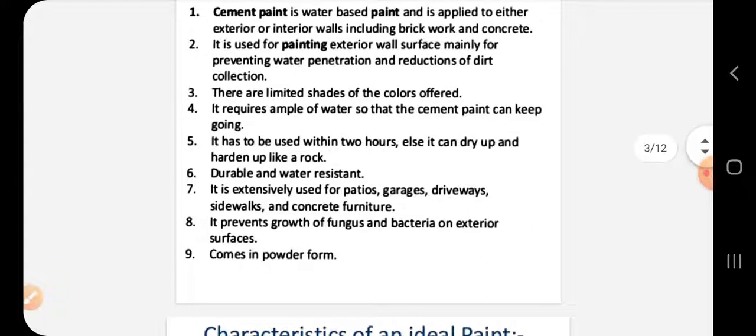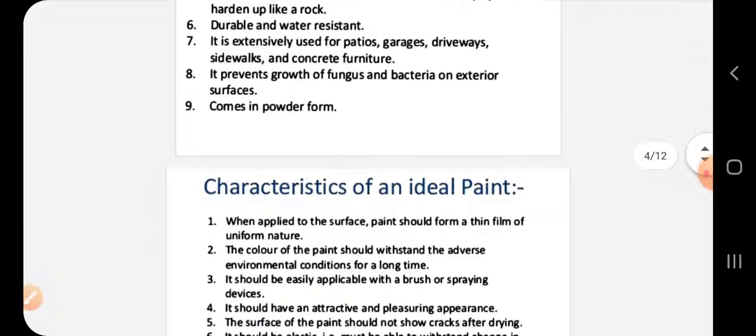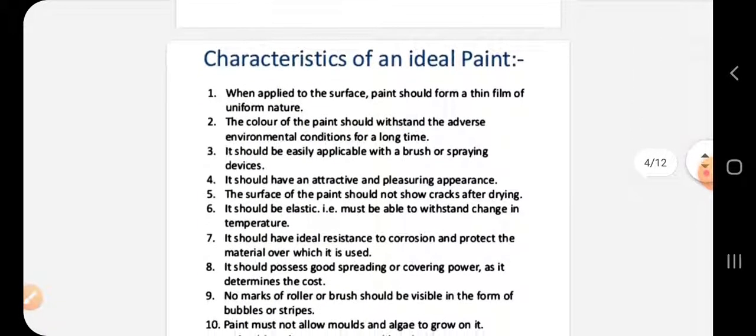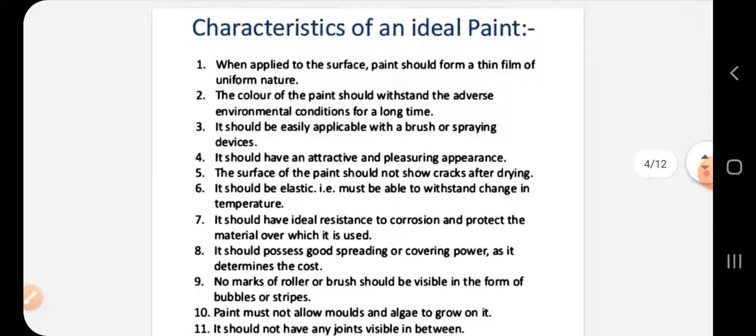It prevents growth of fungus and bacteria on interior surfaces, and it comes in powder form. Unlike the oil and water based paints, these come in powder form. They are available as powder, then we mix it with the solvent and form the liquid form for application.